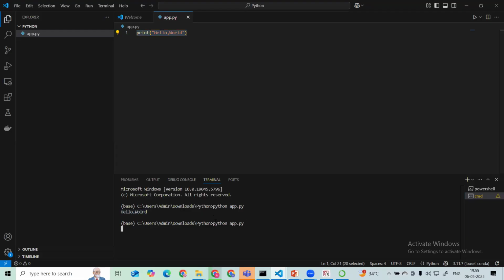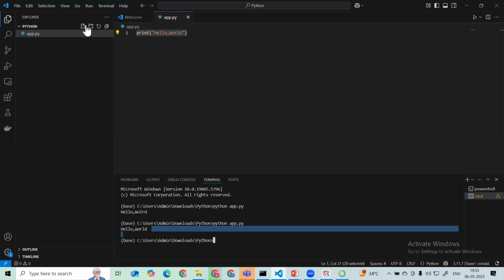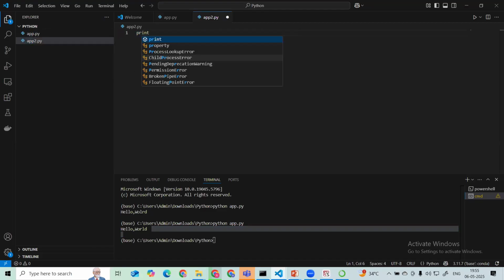Python app.py. Okay, we got this response. Clear. So let's suppose I want to create multiple files. Okay, app2.py. This is my second file. There I can write some lines of code. Let's suppose I have the code